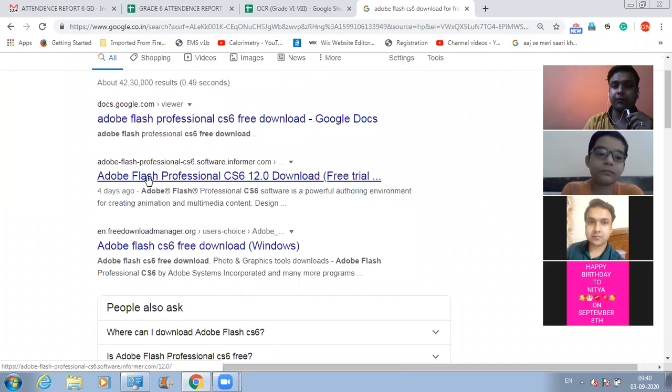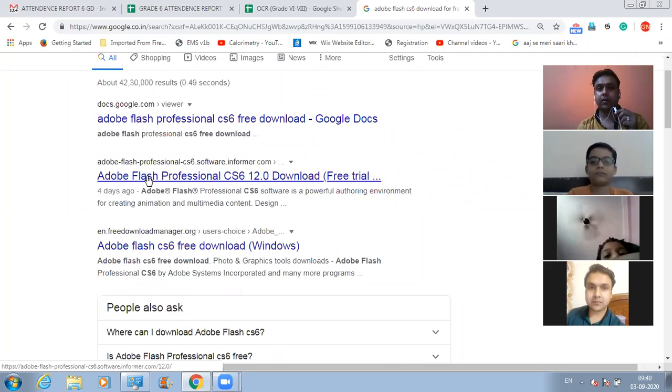What do we use Flash for? Flash is a software package that allows users to create animated works. It's a software package by the help of which we can create different kinds of animations, the kind of animations you have seen in movies like Robot and other science fiction movies. We can create such magnificent animations with the help of Flash software.